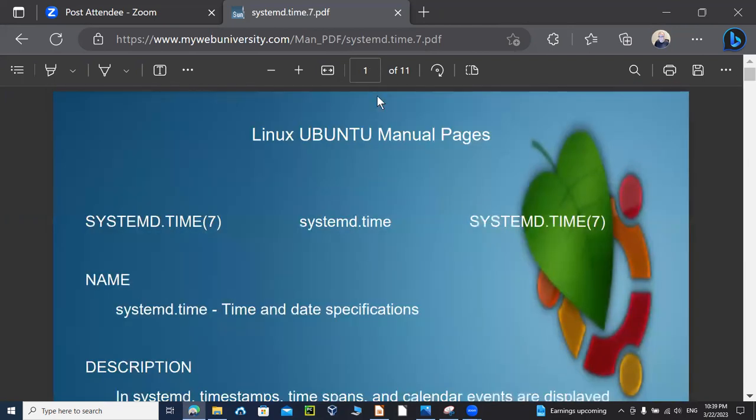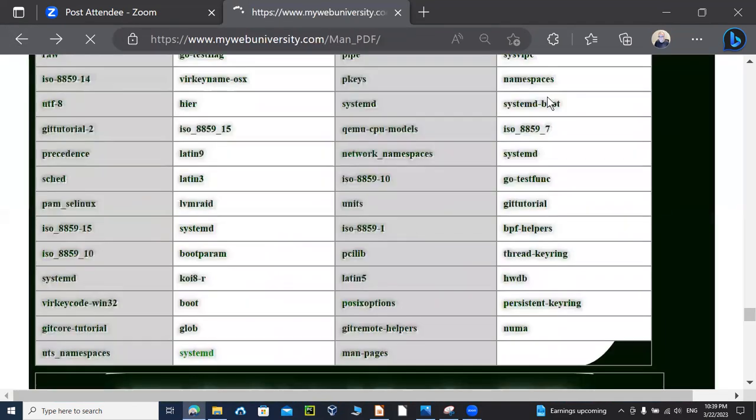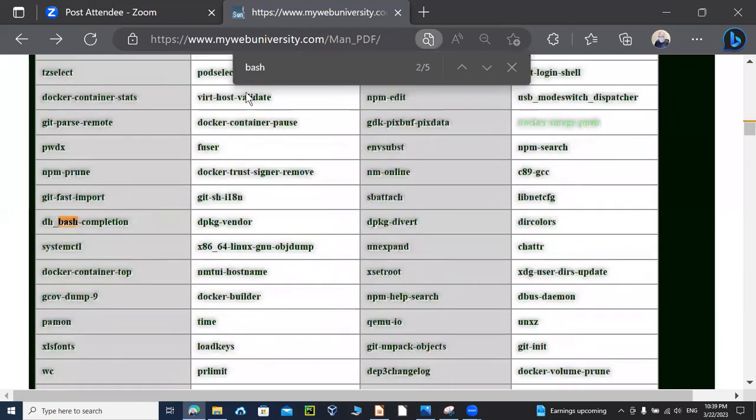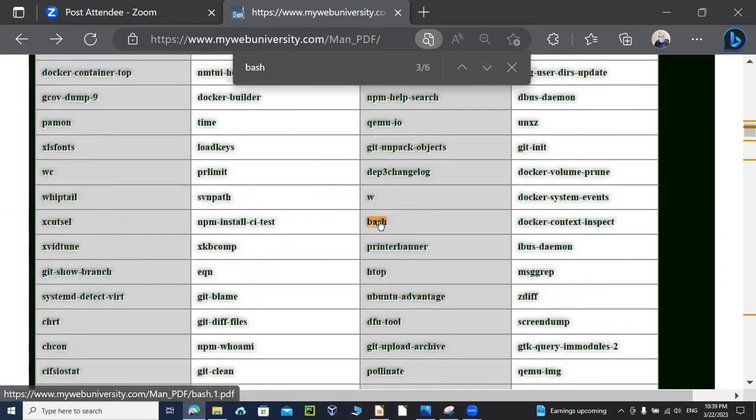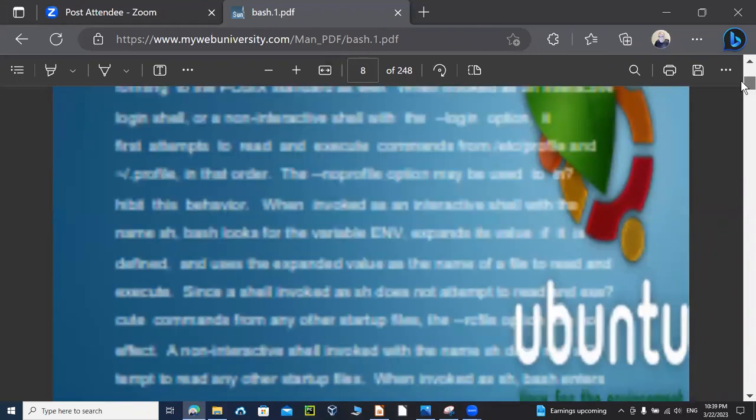Some of the information is really huge. So if you're looking for, for example, bash, press Control F here and just type in bash here. This will show you all the sections that start with bash. Let me move this out of the way a little bit. So here it shows 2 of 6. I can just click next, and then right here is bash, the Bourne Again Shell. You click on it and just read the entire PDF file, which is maybe a lot. Let's see how many